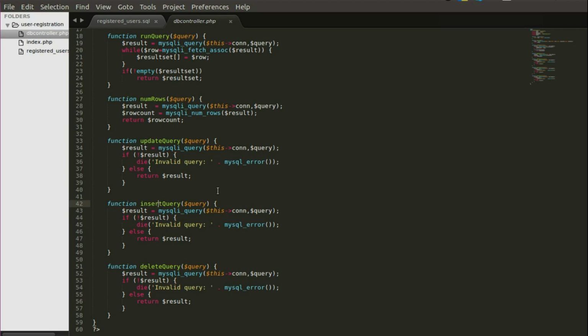So you have that set up as well. It takes in a query parameter, so you have to pass your query down to this method to execute. And the same thing goes for the delete; it's also going to do that. So we're going to be focusing more on inserting